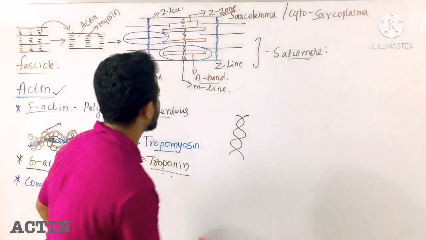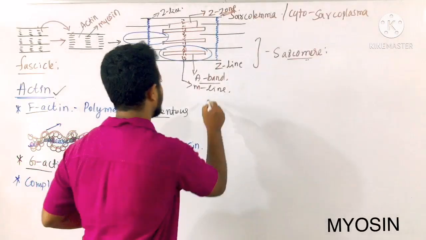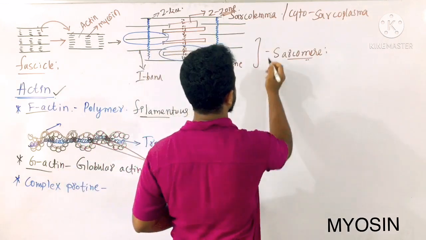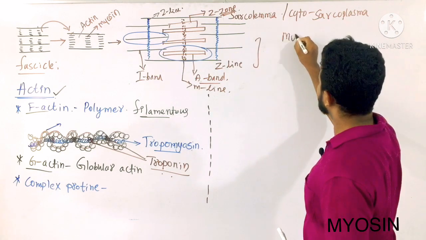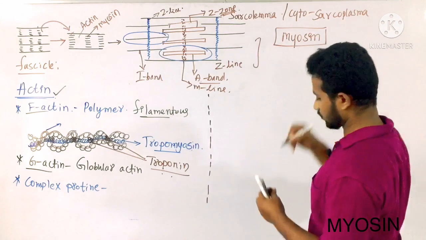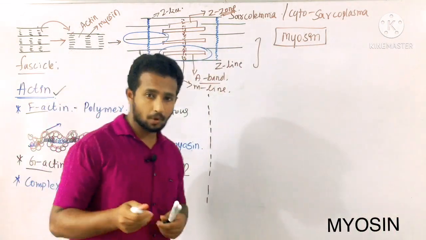And let me draw the structure of the next kind of protein, which is the primary protein of the muscle fiber, which is called myosin. Important for your competitive exams. This myosin is also a polymer,